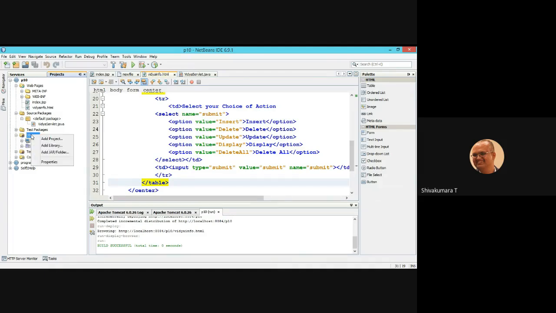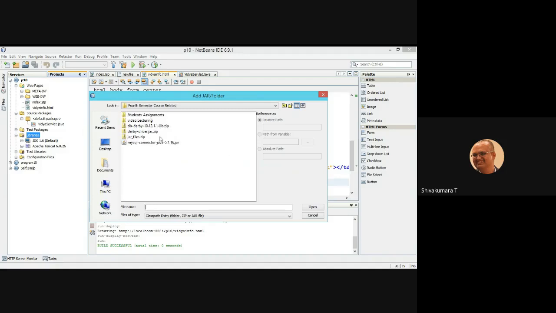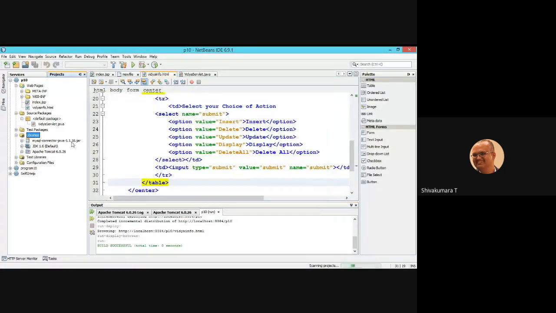Go to libraries, right click, add jar or folder, locate that MySQL connector where you downloaded that file. So somewhere I have downloaded it here. I am going to import that. Open. So that MySQL connector Java jar file package is added.